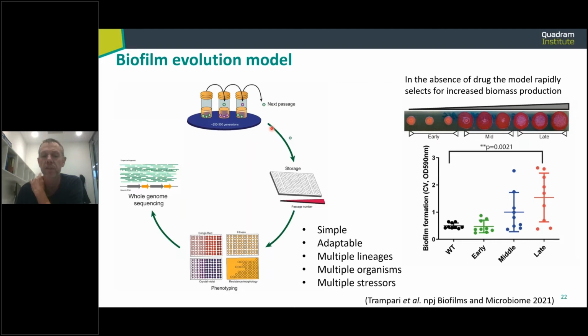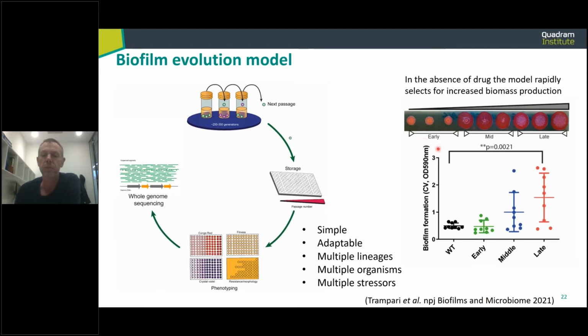One of the nice things is that we run these experiments through a period, and then at time points we recover cells from them and phenotype them. We put them into a 96-well format, and from that we can print, at reasonably good throughput, to look for drug sensitivity. So we can print onto lots of different plates with different concentrations of drug. We can look for morphology. We can look for staining for biomass. And then we can find interesting things to sequence and understand the genetic basis. This is a model that we've used a lot, and we published this earlier this year, if anyone wants to know more about it.